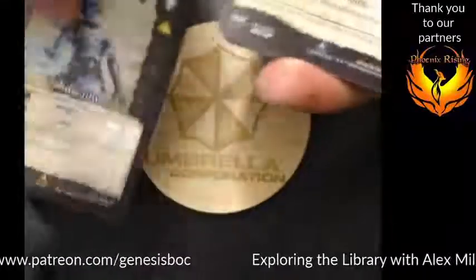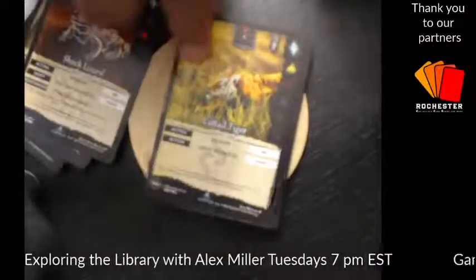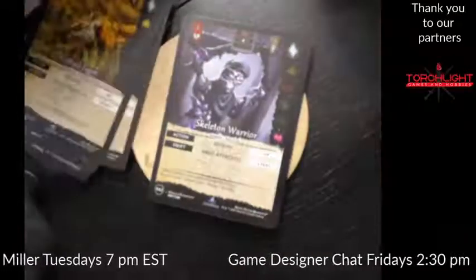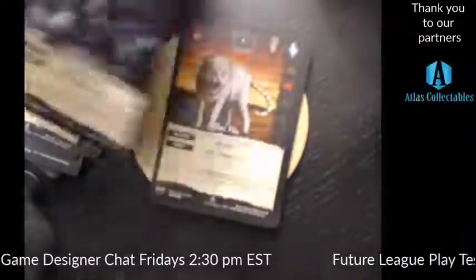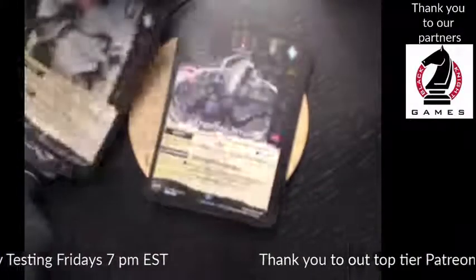Alright, going into the next pack. Got the Shock Lizard, Cattail. Actually, I've seen a lot of people play with the Cattail more recently. I'm starting to appreciate it more as a card. I think the summons with heavy attack, as time goes on, I'm appreciating them a lot more as summons because they have so much more health on average.